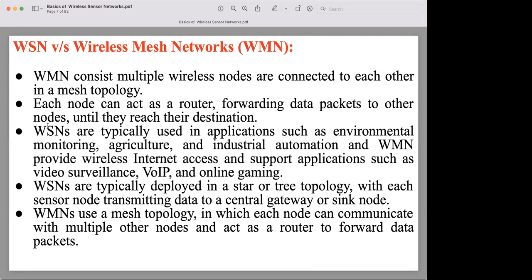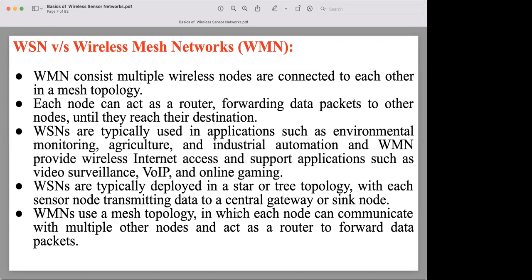Now we go to a comparison point of view. For wireless sensor network, as we already saw, the applications are environment monitoring, agriculture, and industry automation. These are the applications of wireless sensor network. But wireless mesh network provides wireless internet access and supports applications such as video surveillance, voice over IP, and online gaming. All these are examples of wireless mesh network, because devices are connected with each other using the mesh